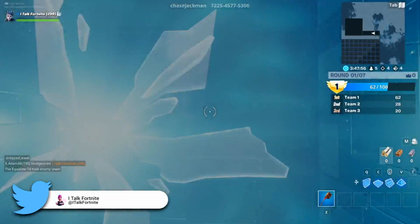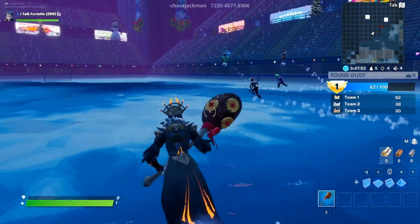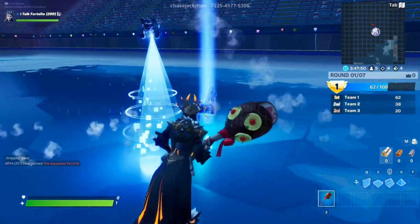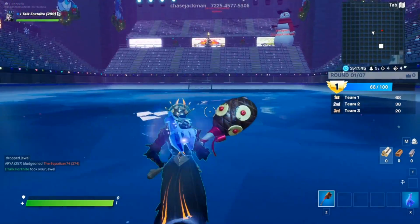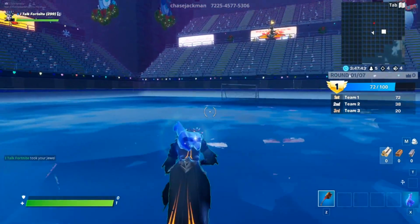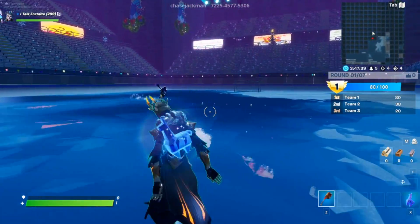You get a lot of skins out of these packs, and they don't typically come back ever. I think the only time a pack has ever come back was the Frozen Legends, because that was just selling really well. But besides that, they're limited time offers, and if you don't get them, who knows when they will come back. Like right now we have the Polar Legends, which has 4 skins in it with 2 back blings